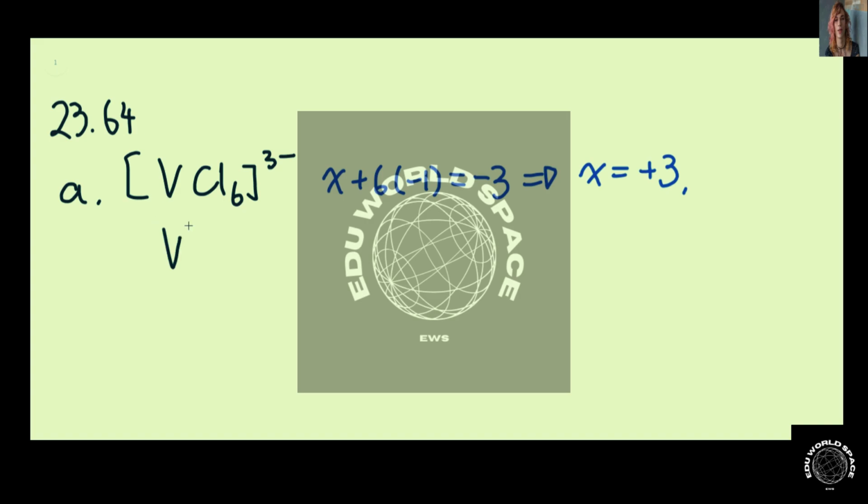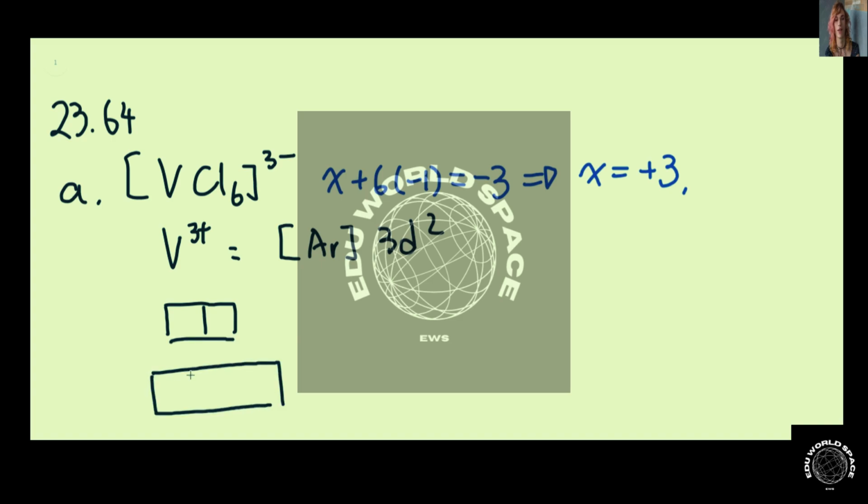So V3+ will have an electron configuration of [Ar] 3d2. So now we draw the energy level diagram. One, two, this is the 3d orbital. All right, next one is